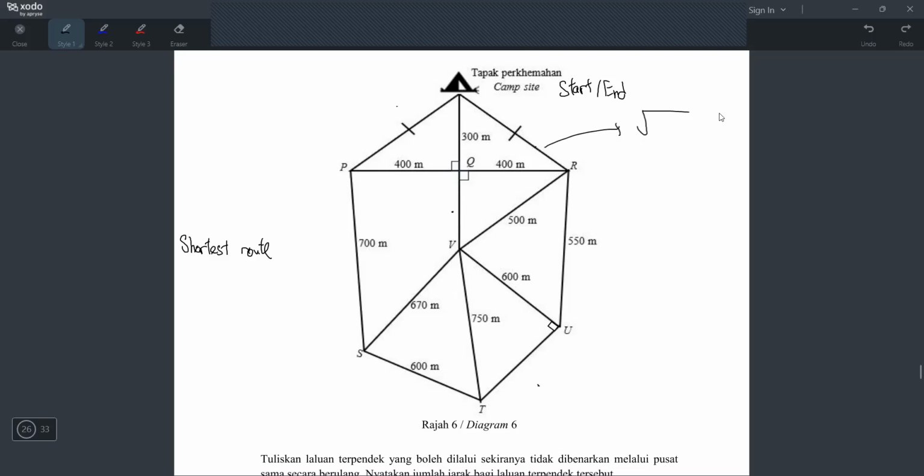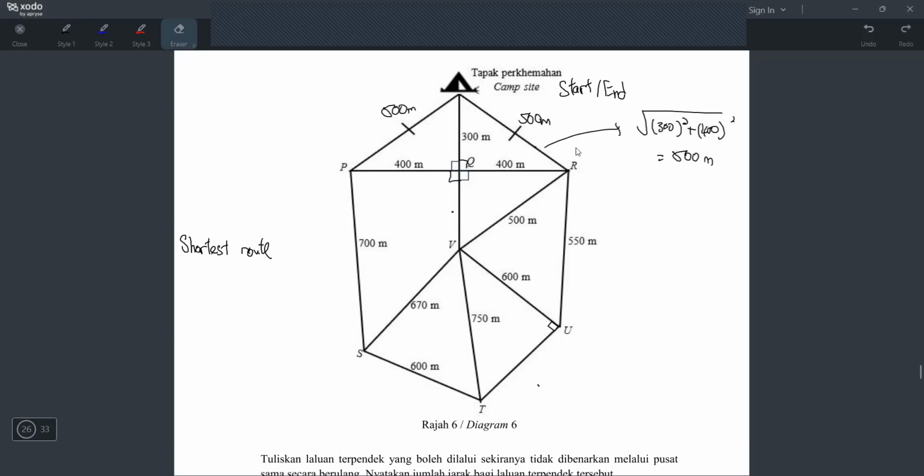So I have to take the square root. We can use Pythagoras theorem because this is 90 degrees. So how you find it is square root, bracket square, and then you will plus, because you are finding the hypotenuse. When you find the longest one, you will plus. And then it will be 300 square, 400 square. Let's press 300 square in the calculator and then plus 400 square, and then square root answer. We get 500. So this is 500 meters. So here we can write 500. Here too we can write 500 meters.